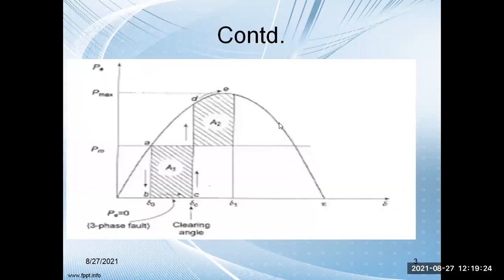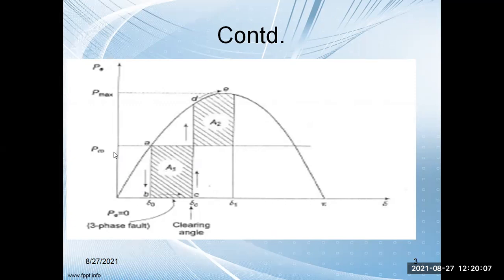In this case, this is the power angle curve, P sine delta. The upper part is the generating mode, and if it goes to the negative side, that will be the motoring mode. But here we are interested in the synchronous generator, because in power system stability we are discussing a mechanical input and an electrical output, so obviously a synchronous generator is in operation. How the system will behave, that is basically what we are concerned with in the first half of the power angle curve.